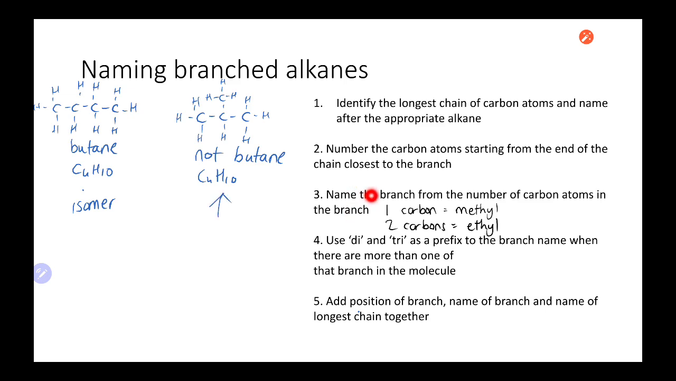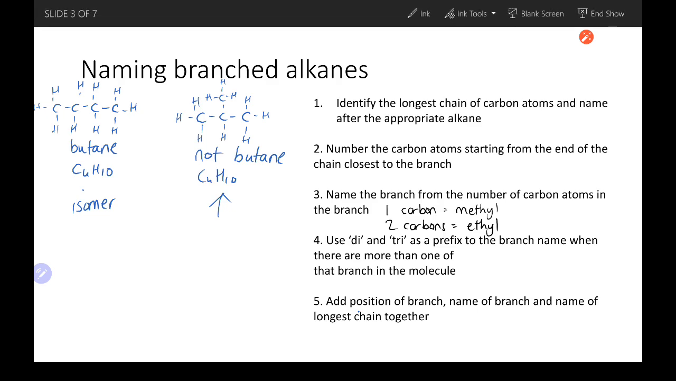Okay, so that's why you've got your list of rules involved with that. So the first step is to identify the longest chain of carbon atoms and name that after the appropriate alkane. So for example, in this one, if I just change the colour of the pen so you can see what I'm doing here,